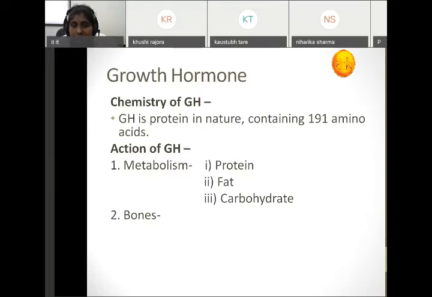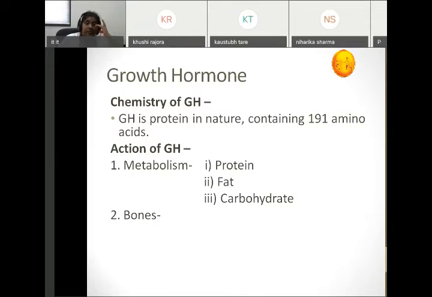So all this: the catabolism is decreased, the transcription of DNA is increased, translation of messenger RNA is increased, transport of amino acids is increased. All things go to increase protein synthesis. It is called the anabolic effect. Anabolism, I think you should know the difference between anabolism and catabolism.